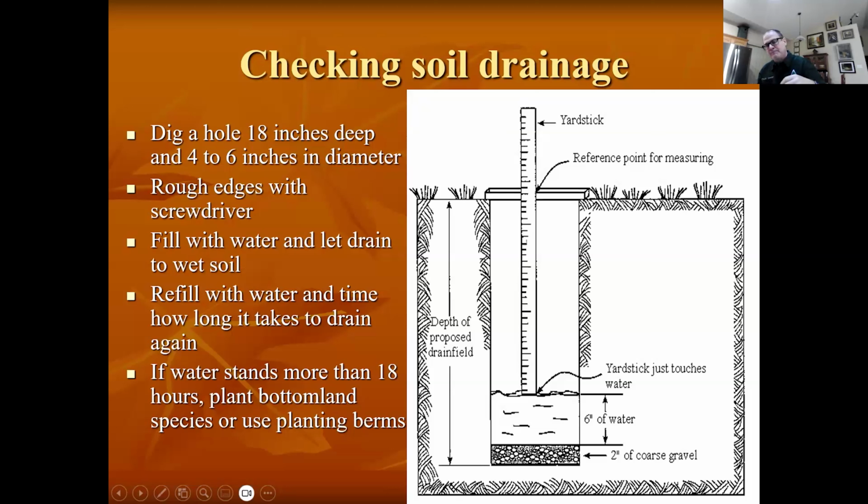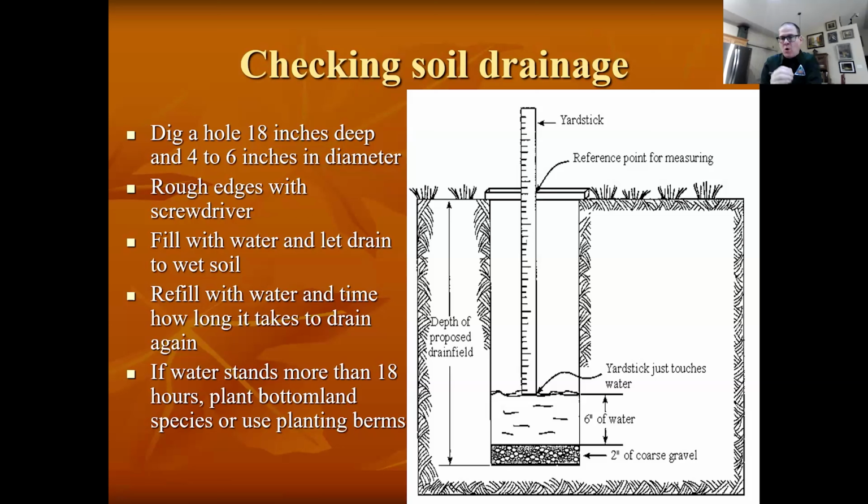How you do that: dig a hole about 18 inches deep, fill it up with water, let that drain through, because especially now, we're in Armageddon drought right now, put soil moisture in it, then refill it, and then just come back and check it in a couple hours.